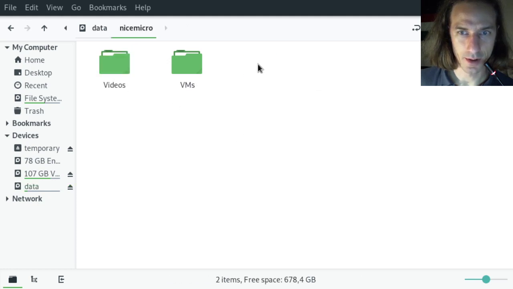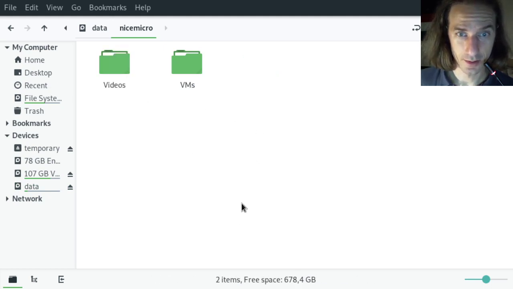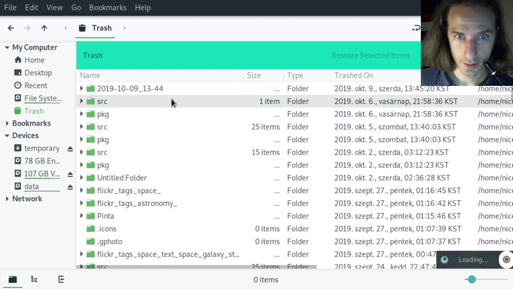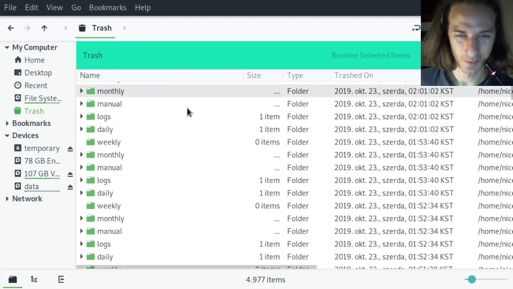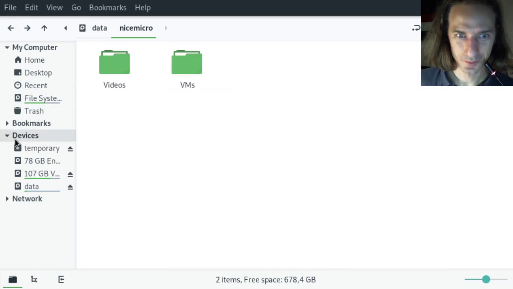So if I go to my data folder, I create a new folder here, I can just press delete and it is trashed. We can just go to the trash can and we can, well, find it somewhere. So maybe it's better if I, you know what, you can believe me, I won't make another file for you. Okay,